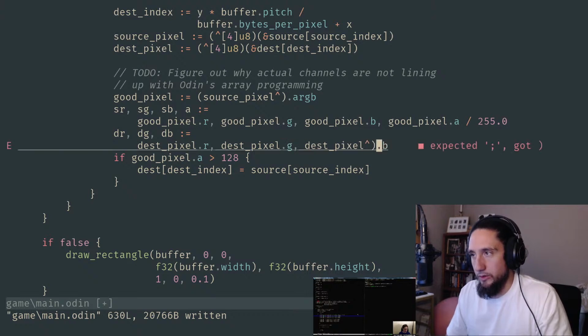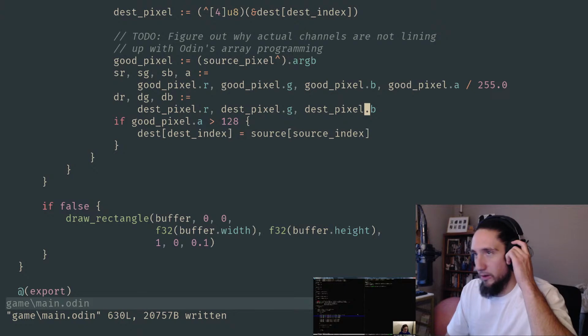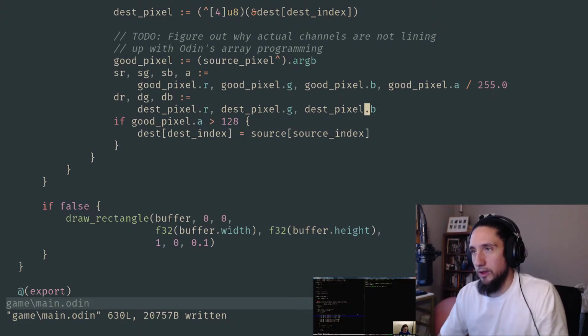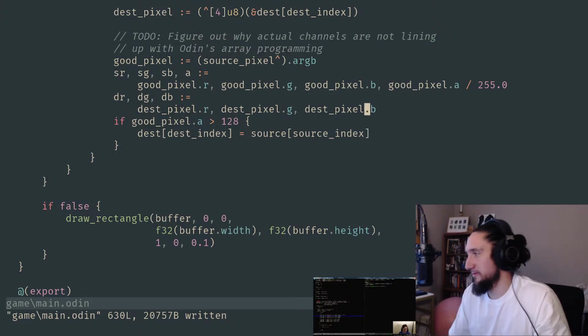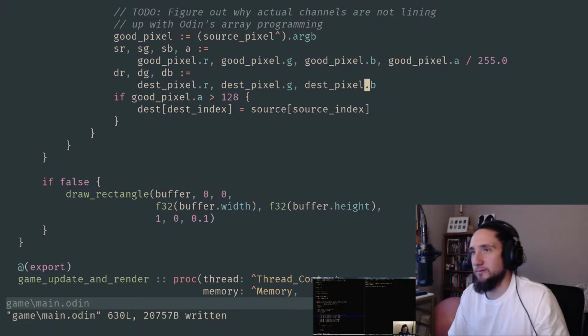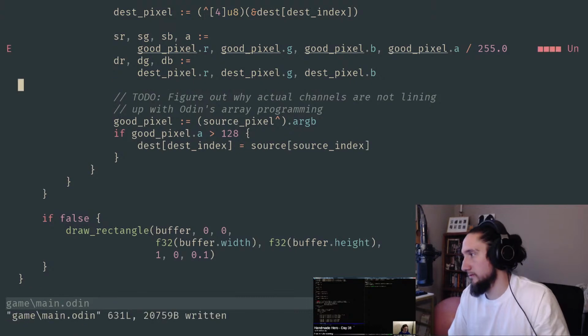Getting all sorts of turnaround here. It is so disappointing that this didn't work just out of the box. But once I figure out what the hell it is I'm doing, I feel like it's going to be really cool when it does work. We don't even care if these are R, G and B. We just care that they're channels 0, 1, and 2, right? So we could be wrong about these shifts and it wouldn't matter as long as we do them all. So anyway, now I'm going to actually produce my result red,